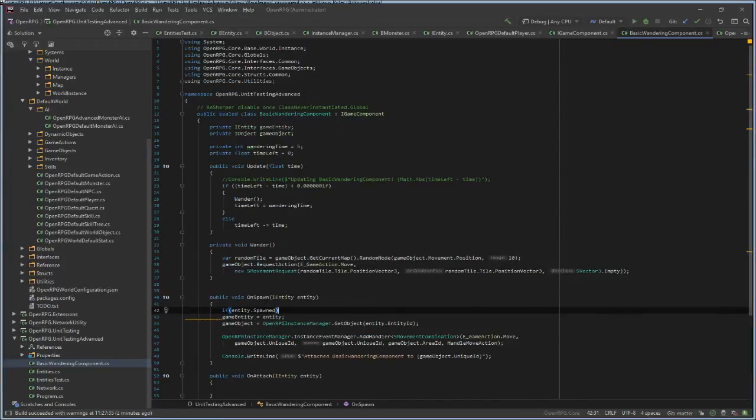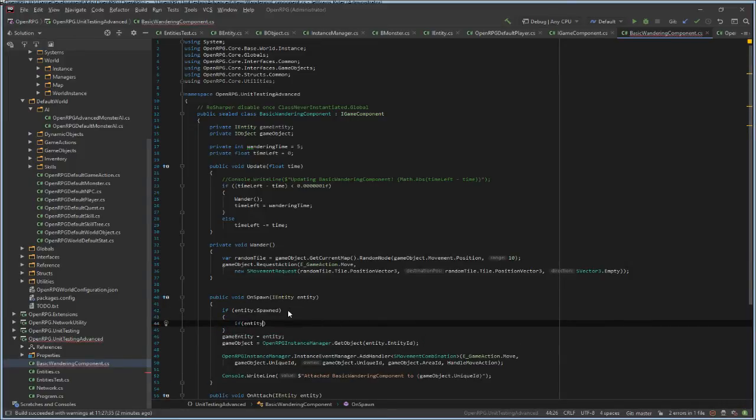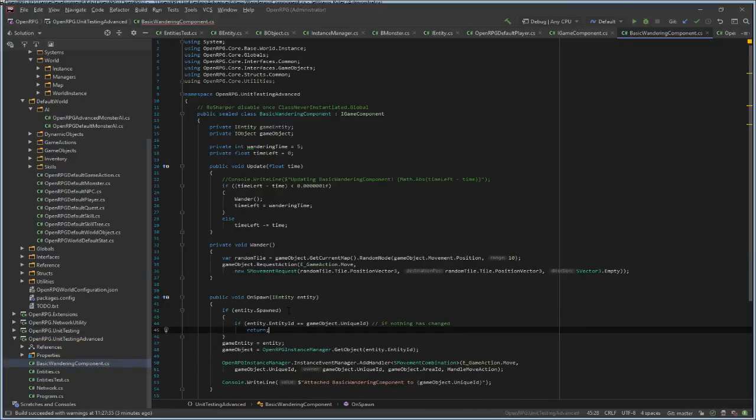So if I don't want to reassign all of this, you know, assign the event handler, I do something like this. If entity ID equals my game object's unique ID, if nothing has changed, I just return.